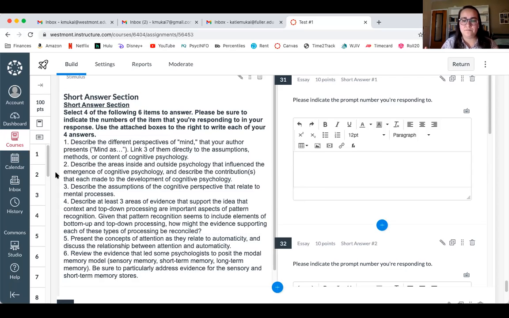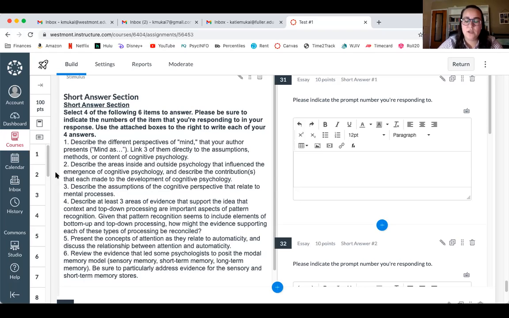If you went with brain, you could have talked about archaeological evidence for brain damage. You could have talked about phrenology. If you did, though, you did need to note that phrenology turned out to actually be a problematic pseudoscience. Even though it sort of got the field going in terms of the idea that certain aspects of who we are as people are connected to parts of the brain, what has really been important has been the field of neurology. Because neurology is not a pseudoscience, it's an actual science.